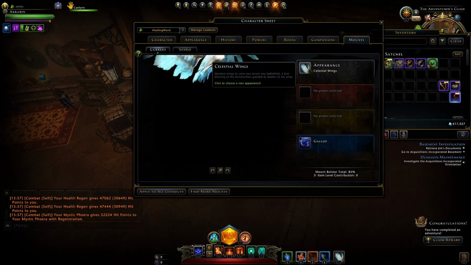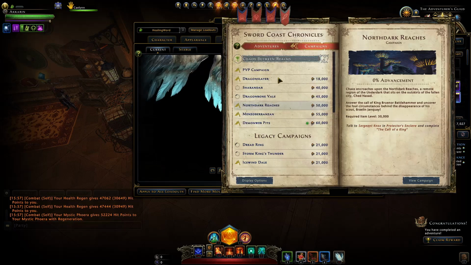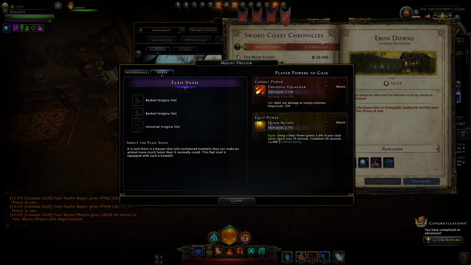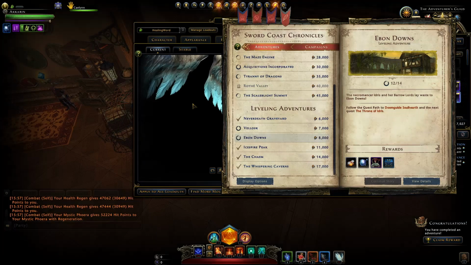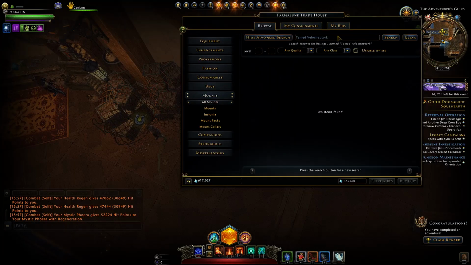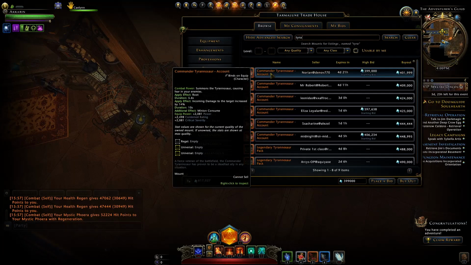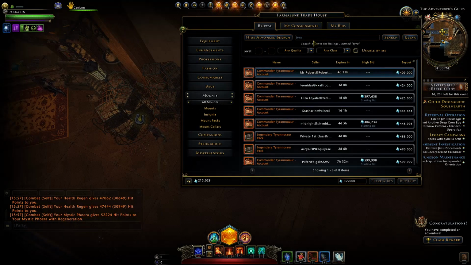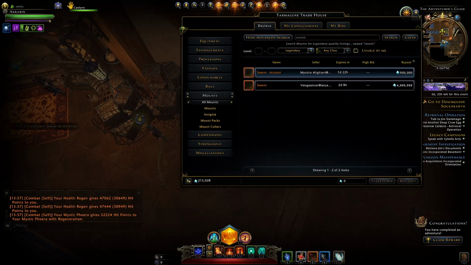Here you probably only have one mount already, which is the Flail Snail from Ebon Downs, and you could use its quick action ability there along with Explosive Equalizer. But we're going to get some upgrades. I recommend going to the auction house here and purchasing the Commander T-Rex, just over 400,000 astral diamonds. Alternatively, you could get the Pegasus or you could get the Swarm. Those mounts are going to support...